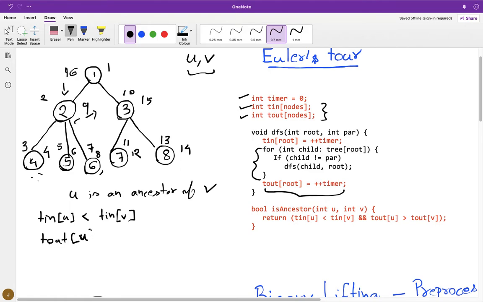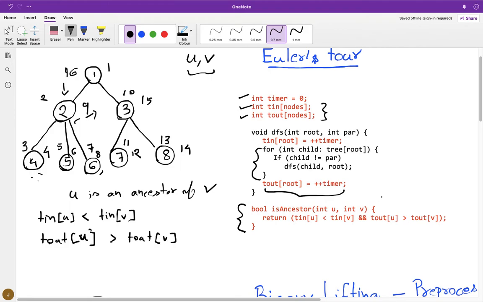That means your out time will be greater than the out time of your children, right? So this function, is ancestor, checks that in time must be less than its child's in time, and out time must be greater than its child's out time.